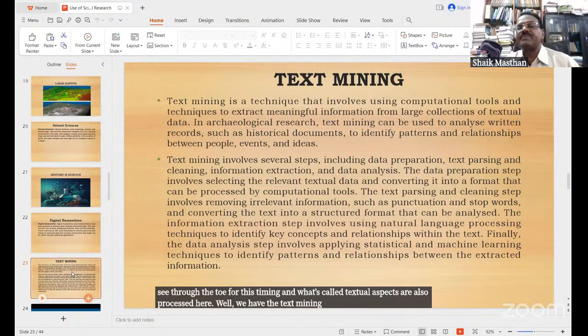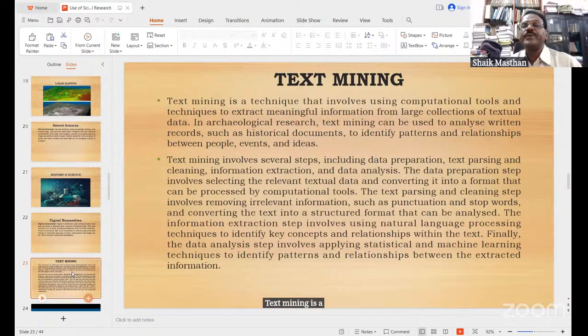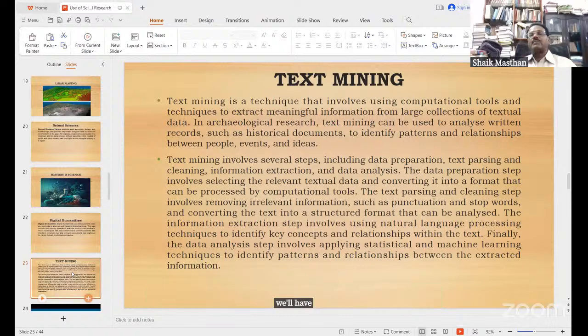Text mining is a scientific process and method that is purely seen in what is considered to be historical data today. Text mining is a technique that involves using computational text techniques to extract meaningful information from large collections of data. We have so many combined data put together to cull out from that only the information